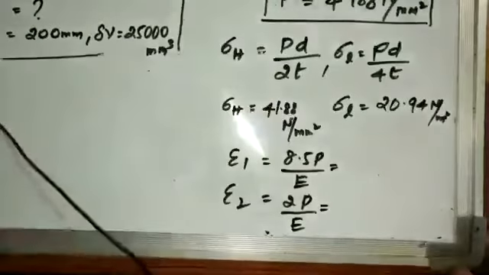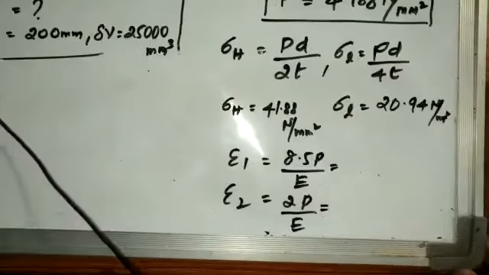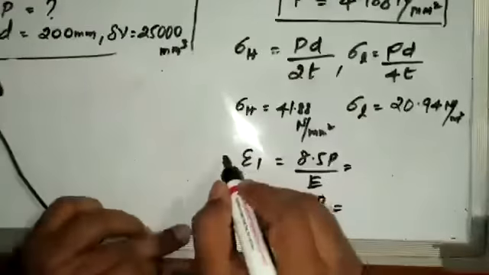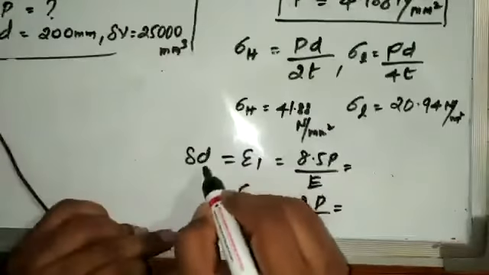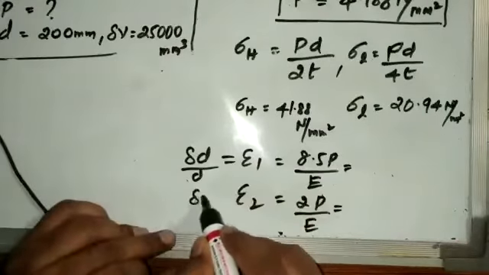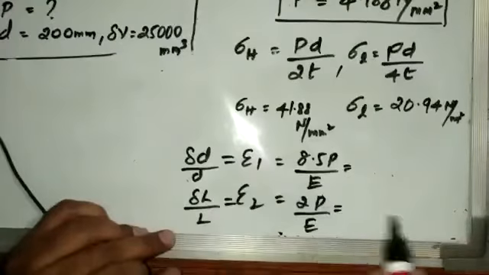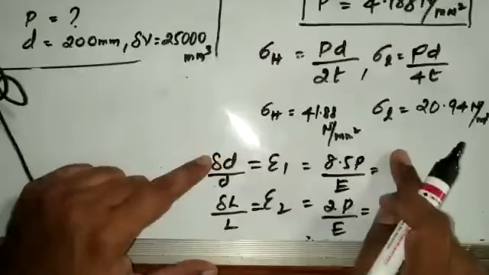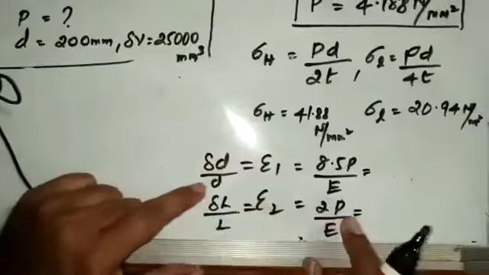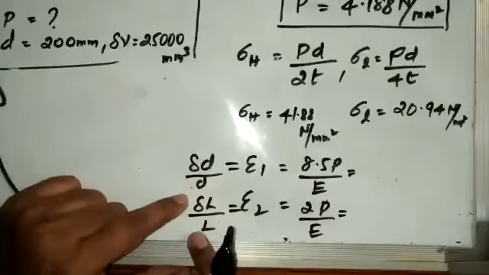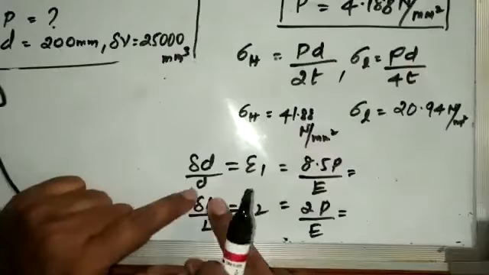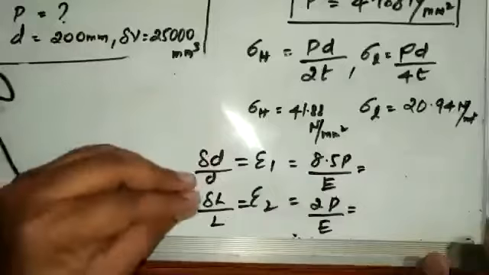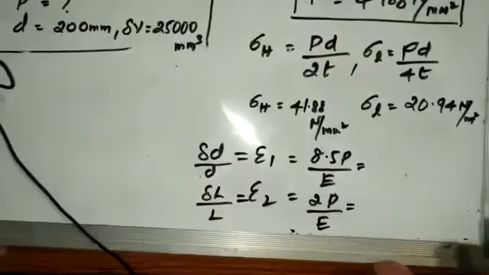Volumetric strain also you can find. It's easy. Or if they ask in the question change of length and change of diameter, change of diameter is here, change of length is here. So after you get this value, just multiply with the D, you will get the change of diameter value. After getting this value, multiply with the L, you will get the change of length value. So you can calculate the change in diameter as well as change in length. So very interesting problem.